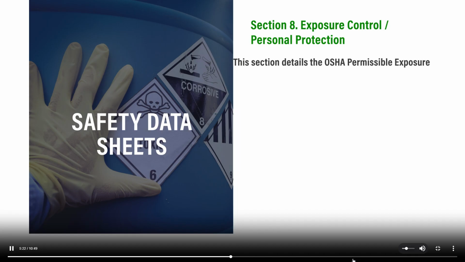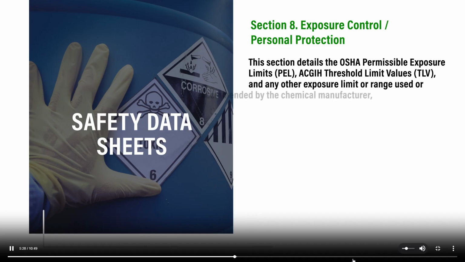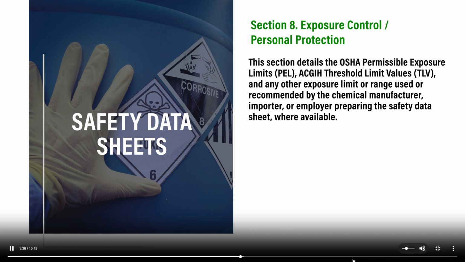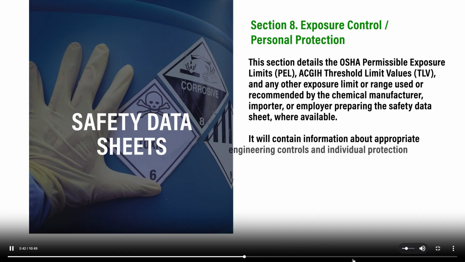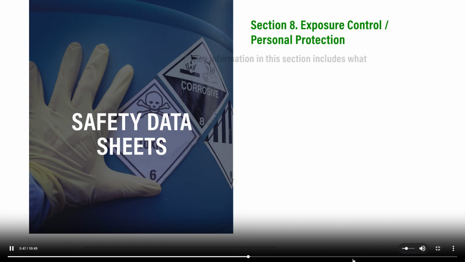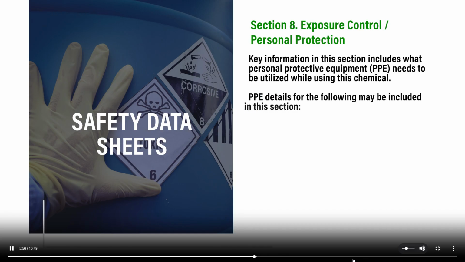This section details the OSHA permissible exposure limits, American Conference of Governmental Industrial Hygienists threshold limit values, and any other exposure limit or range used or recommended by the chemical manufacturer, importer, or employer preparing the safety data sheet where available. It will contain information about appropriate engineering controls and individual protection measures. Key information in this section includes what personal protective equipment, or PPE, needs to be utilized while using this chemical. PPE details for the following may be included in this section of the safety data sheet: respiratory, body, hand, hygiene,